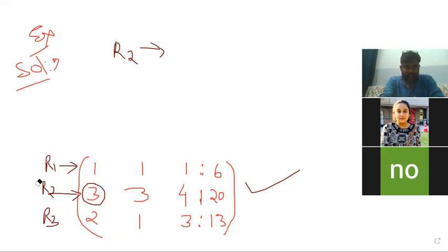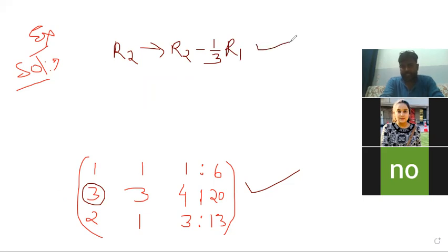by writing this R1, R2, R3, we will take action in any row. We write down the name of that row. Here we will take the action on R2 because we want to do the value 3 should be 0. For doing this value 0, we write R2 minus 1 upon 3 R1. In my opinion, you do not understand why we have written this, but I just tell you. For getting this value 0, R2 में R2 की जगह पर 3 है minus R1 में मैं 3 से डिवाइड कर रहा हूं.